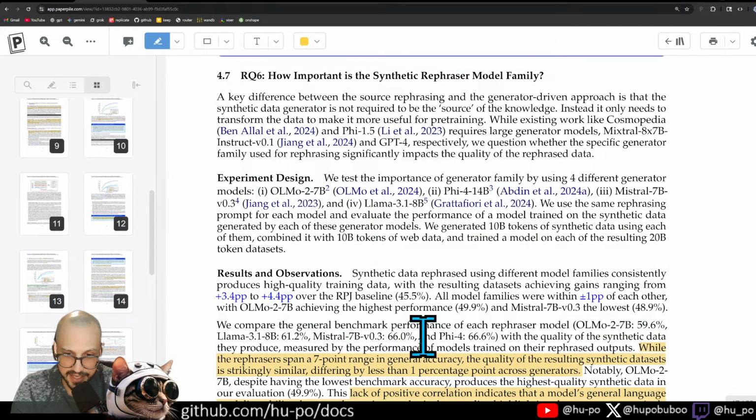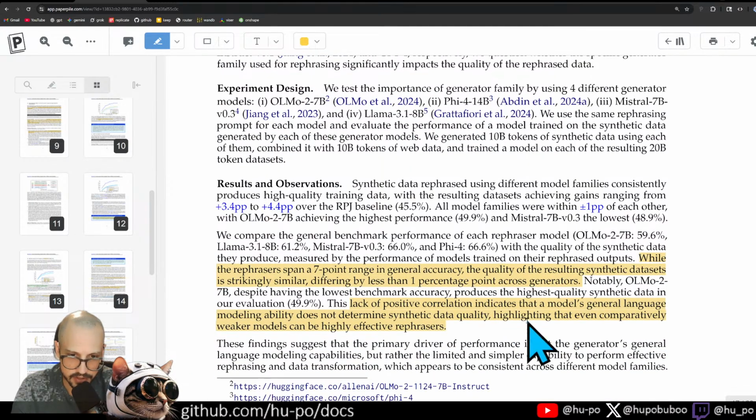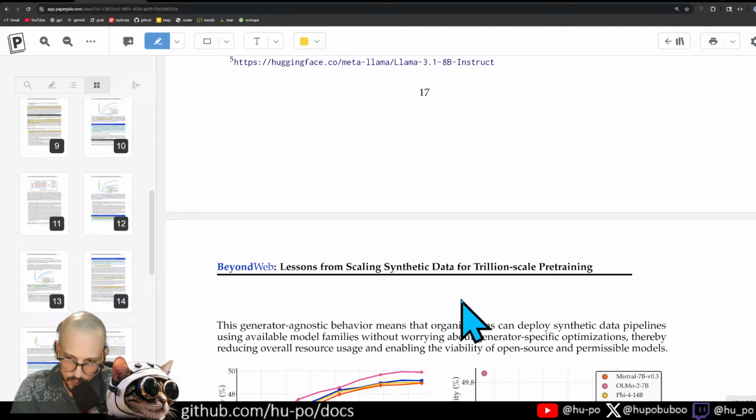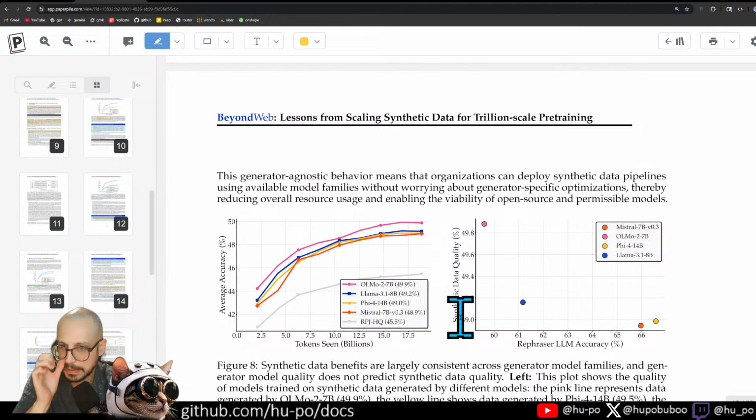While a rephraser spans a 7-point range in general accuracy, the quality of the resulting synthetic datasets is strikingly similar, differing by less than 1 percentage point across generators. So there's a lack of positive correlation between the model's general language modeling ability and the synthetic data quality, highlighting that even comparatively weaker models can be highly effective rephrasers. This is the one part that I kind of disagree with, where